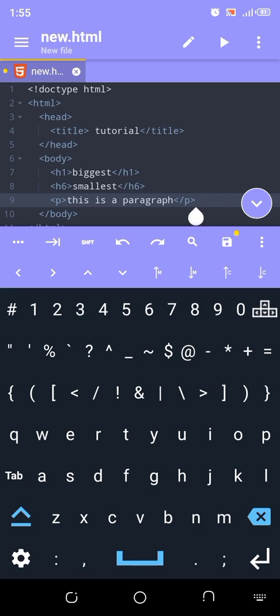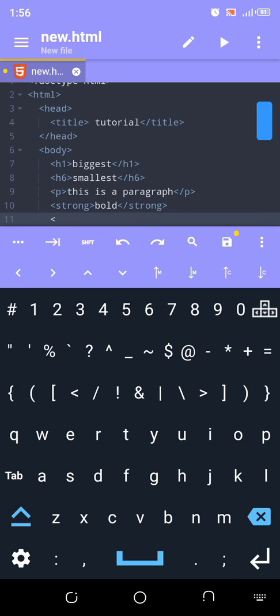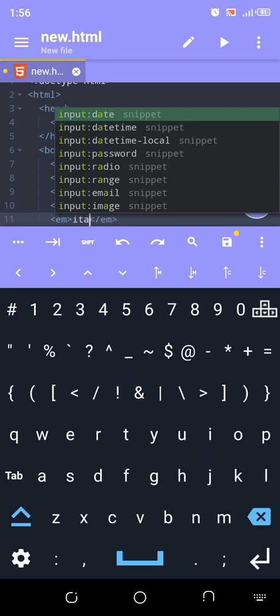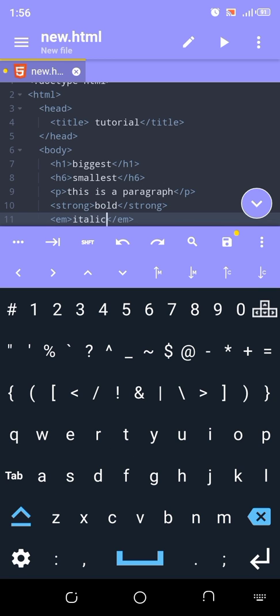The next thing I would like to show us is how to apply bold and italic to our text. To do that, as usual, what comes first? Tags. For bold, we write strong. That's how we write bold. Let's just write bold in it. So you see. Then for italic, we use something called emphasis, EM, in tags too. Then we write italic. This is the way you write italic.